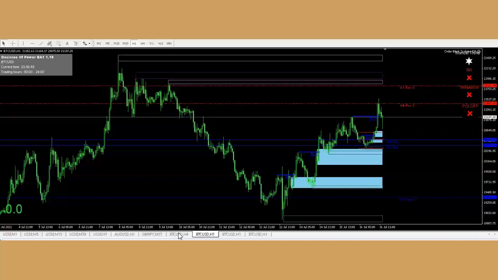I know there's some people who are not used to identifying breaker structures, resistance. I found this auto indicator. It's like an Autoblock auto indicator that plots out auto blocks for you and sends you alerts whenever structure is